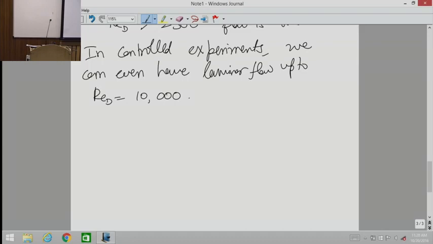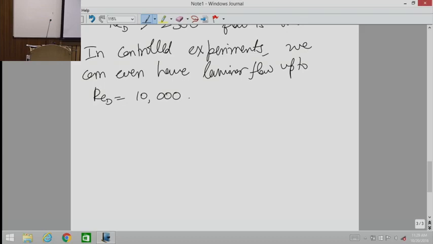Because stability theory talks of, if you have one solution and you perturb it, then does it go back to the original thing or does it go somewhere else? And here also you see we have two types of solutions. One solution is the parabolic profile, which is steady, one-dimensional or two-dimensional, Vz is a function of R. And the second solution is unsteady, clearly velocity is changing with time.